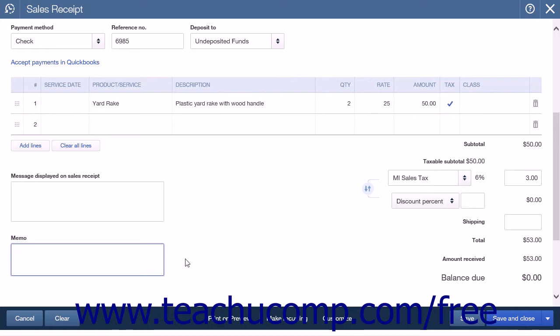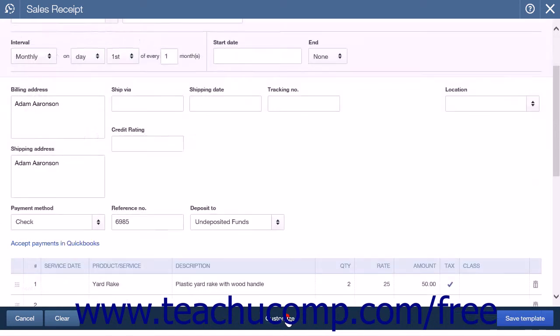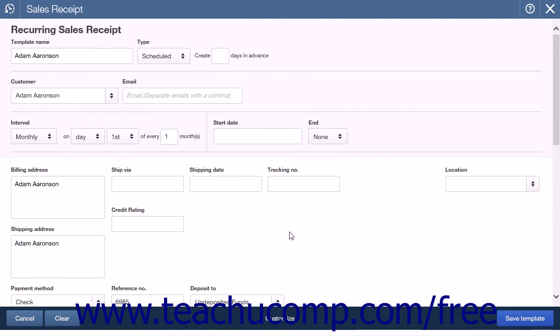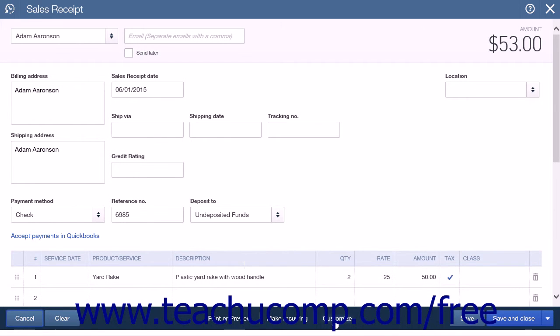Across the bottom of the page are Cancel, Clear, Printer Preview, Make Recurring, Customize, Save, and a final drop-down button with the options to Save and Send, Save and New, and Save and Close. You can click the Make Recurring button to open the Recurring Sales Receipt window, which allows you to set the options for a recurring sales receipt, much like the options for a recurring invoice that we looked at in the previous lessons. Clicking Customize will allow you to customize how your sales receipt looks and allow you to save it